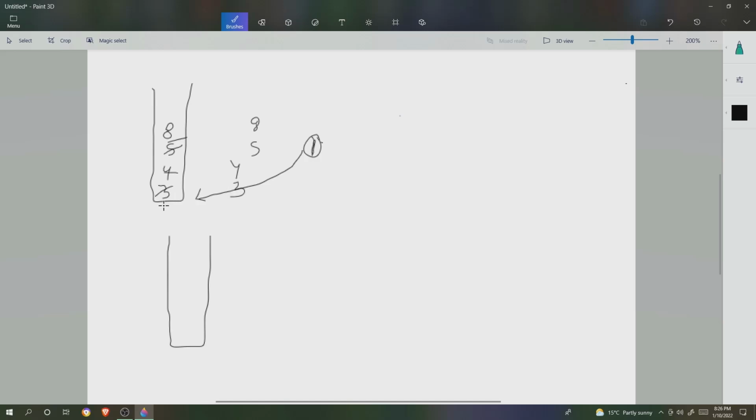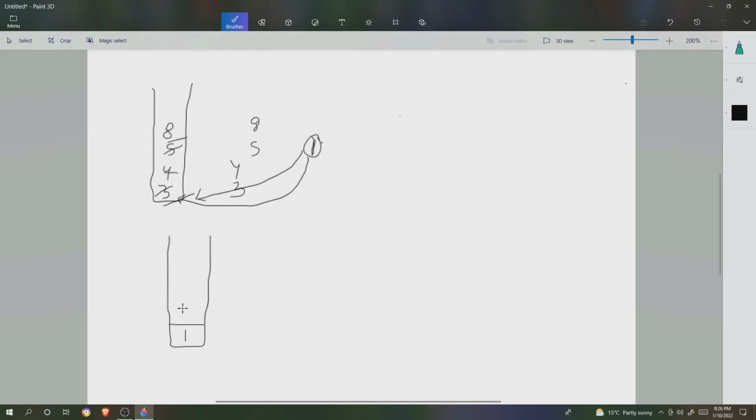When the stack becomes empty, we push our element at the bottom of the stack. Means we push 1. And in the last, the remaining elements that you picked out from the stack, now put those elements back into the stack.